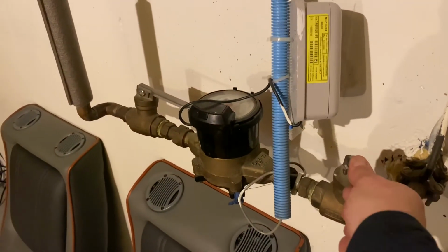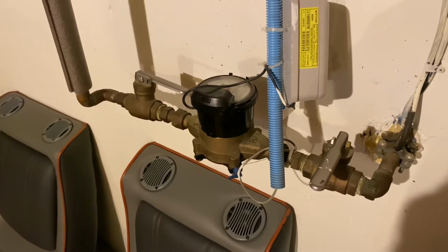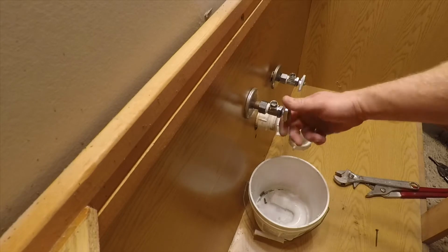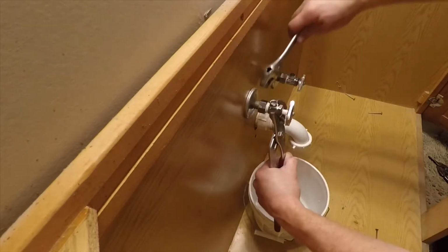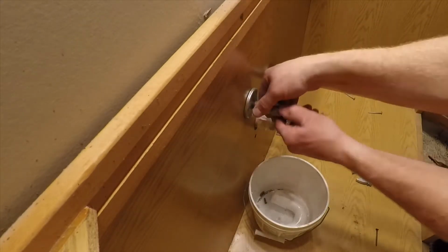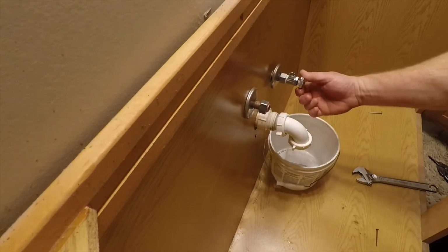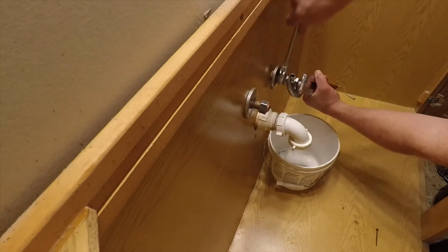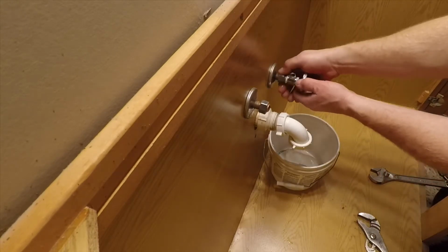But before I do that, I need to go to the basement and shut off the water supply to the house. And then I'll open up my shutoff valves, and you can hear the water is going back down. I've opened a faucet downstairs so that the water will flow down to the faucet in a lower part of the house. I always like to open the lowest faucet in the house when I drain the lines, and I'll do the same thing for the cold side. Just remove the shutoffs,